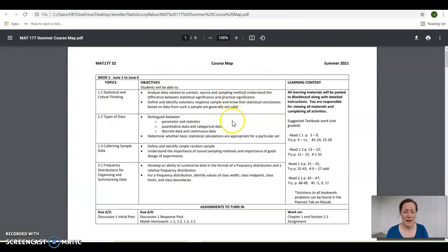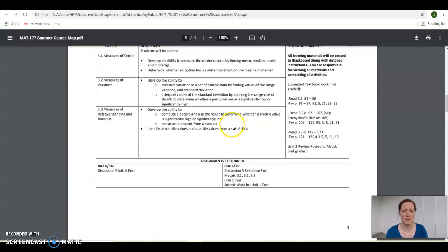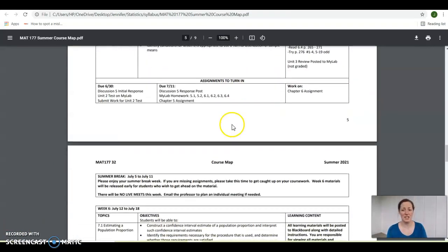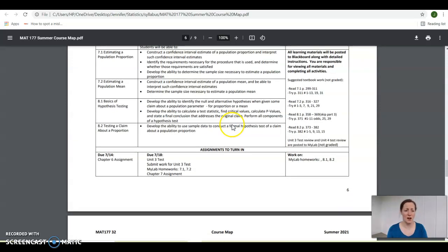We also have a course map, which has all of the weekly overviews for you, so you can look ahead and you can also know what the objectives are and make sure that you print these